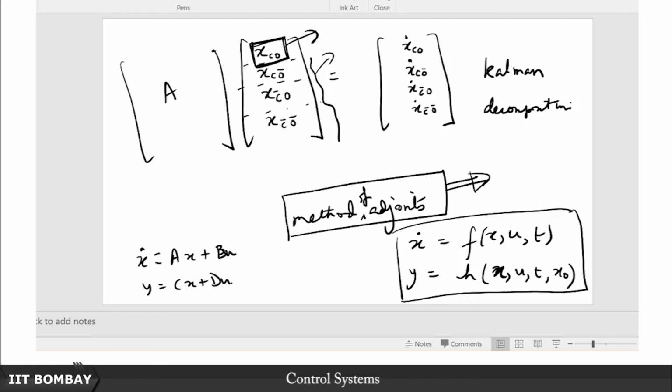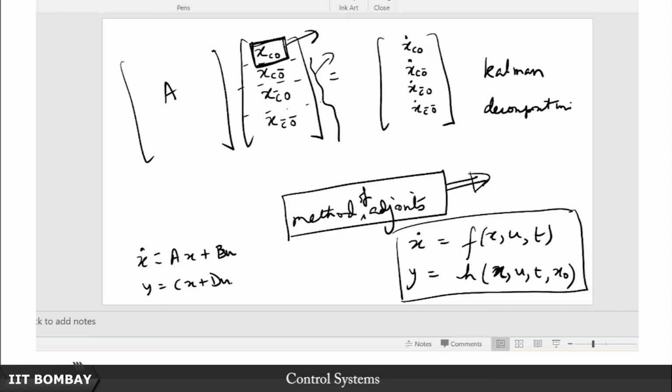Then you end up eventually solving things like so-called Riccati equations to obtain what the gain matrix K would be for such systems. That will come within the purview of some advanced course such as optimal control. So these are all advanced level courses that you could launch into after going through this particular preliminary course